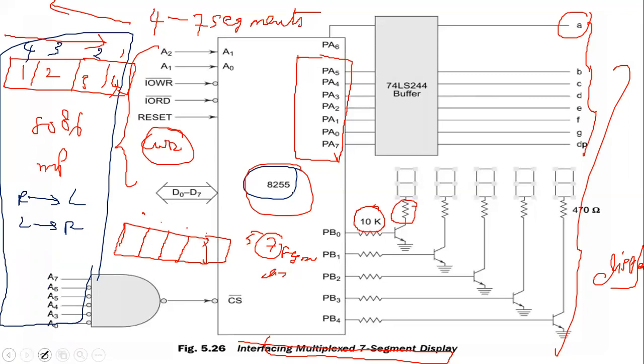So how is this keyboard displayed simply? Whenever the microprocessor wants to display a number, for suppose number 5, that information is transferred by using this 8-bit data bus to this port. You can write to the port A. Port A sends those signals, and according to that, these displays turn on and off. So first of all, my information goes from the microprocessor to the 8255 PPA to port A.